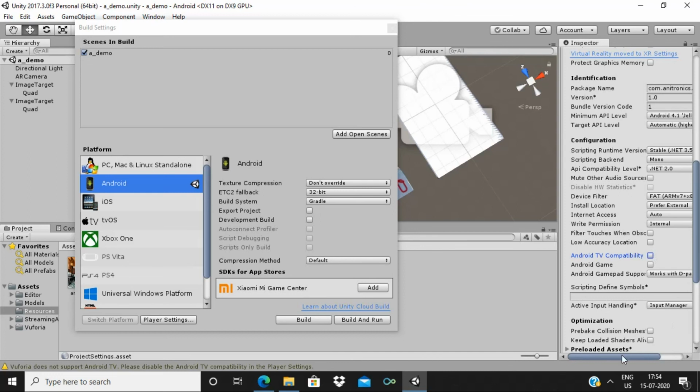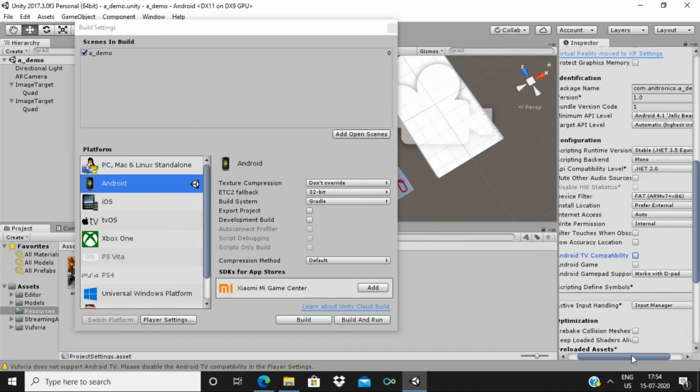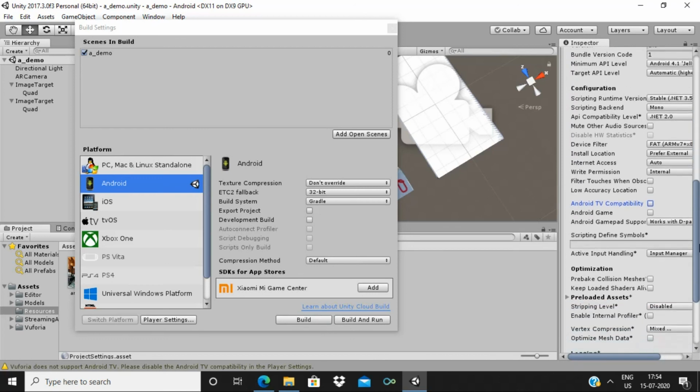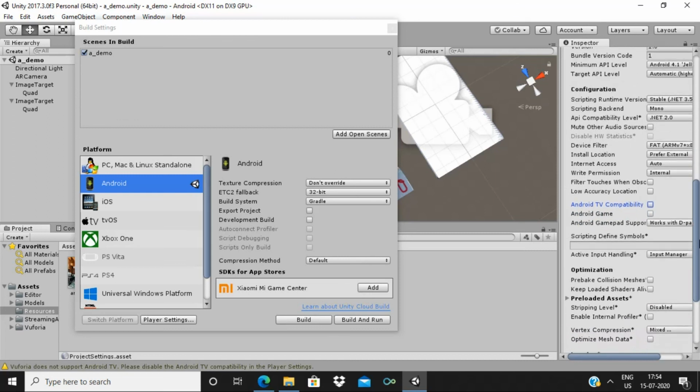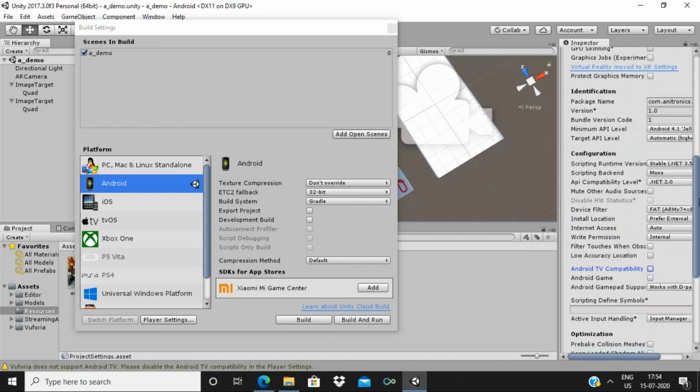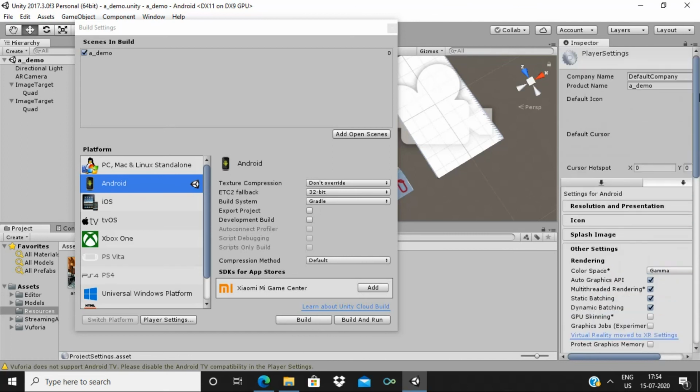So yeah, this is done. And that's it. And here is how your application is going to appear on your Android device.